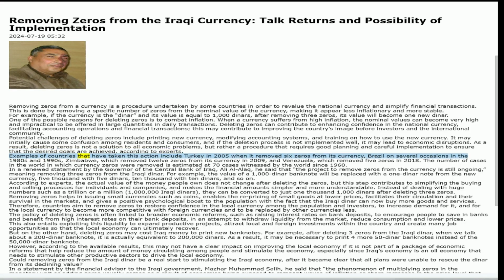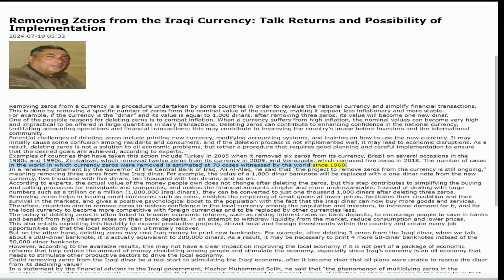Examples of countries that have taken this action include Turkey in 2005 when it removed 6 zeros from its currency, Brazil on several occasions in the 1980s and 1990s, Zimbabwe, which removed 12 zeros from its currency in 2009, and Venezuela, which removed 5 zeros in 2018. The number of cases in the world in which currency zeros were removed is estimated at 70 cases witnessed by